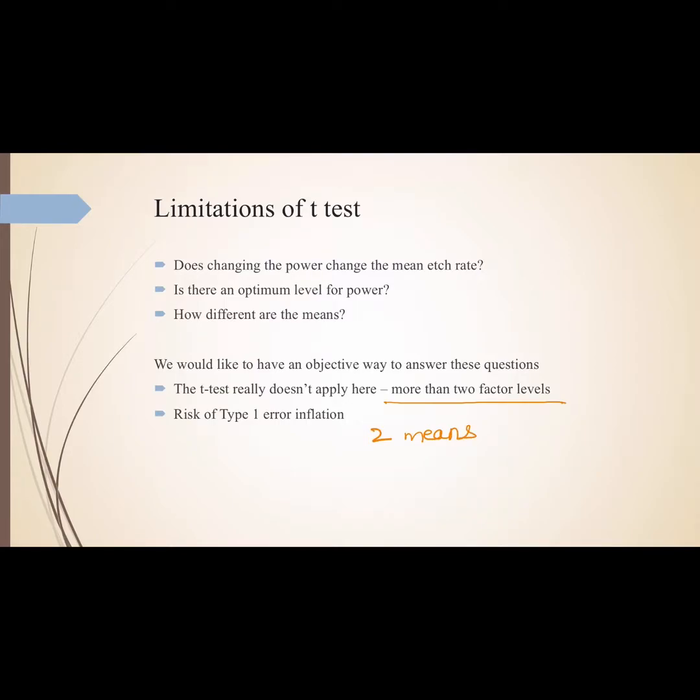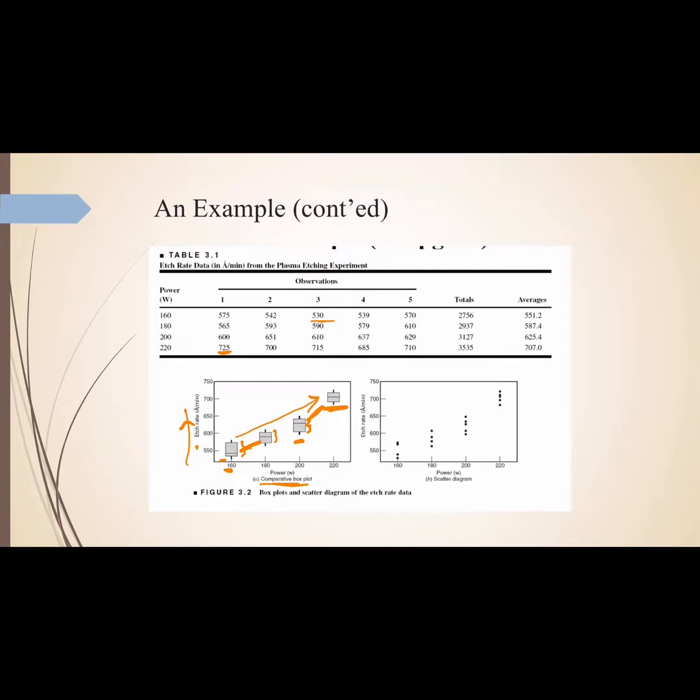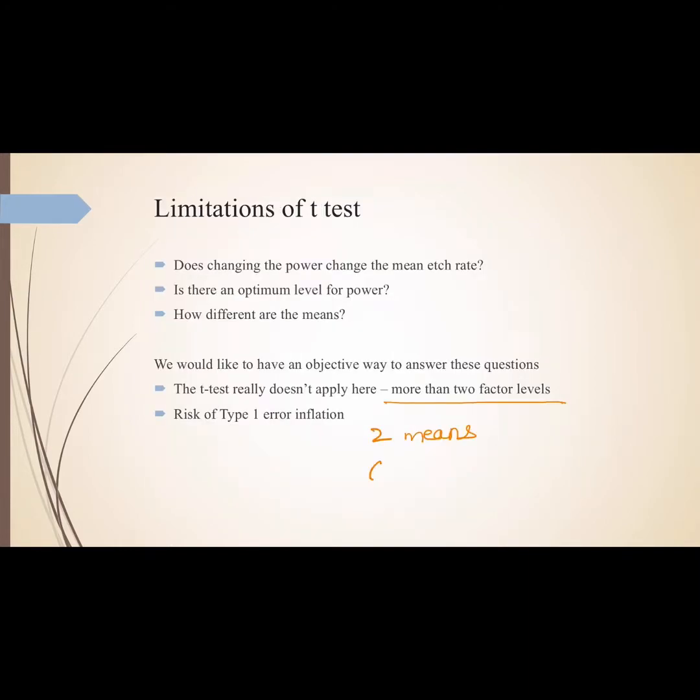Now, if you want to apply a t-test here, we can do that, but then we'll have to do a number of t-tests, right? Because we have four power settings, and we might have, I think, one, two, three, six combinations of these power settings. So you will have to do six t-tests, which in itself would be very inefficient, right? It will be very time consuming,